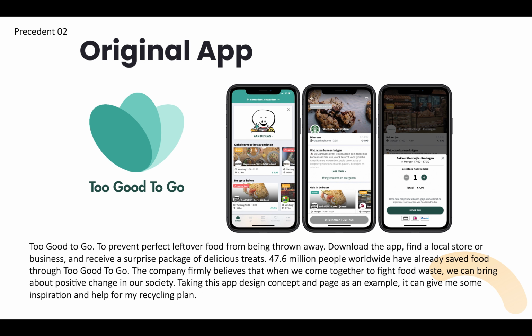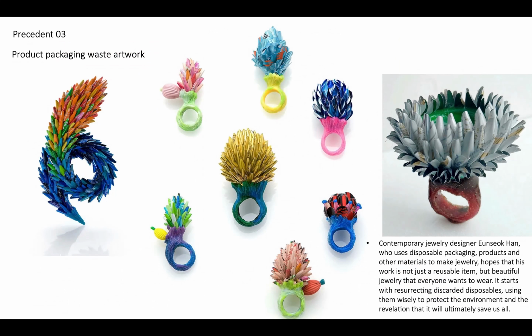our society. The last precedent is an example of art made from waste, including sculpture, painting, and contemporary jewelry. It is an artistic proposal to assemble color and vehicle sculptures that turn discarded waste into works of art. Artists remind us that every choice we make has an impact on the environment.